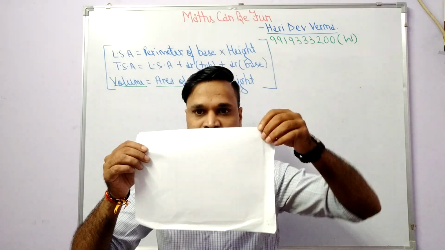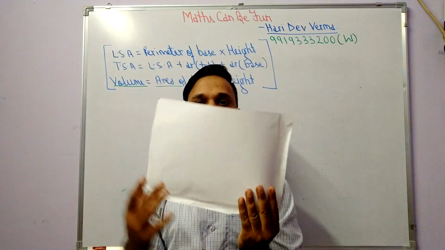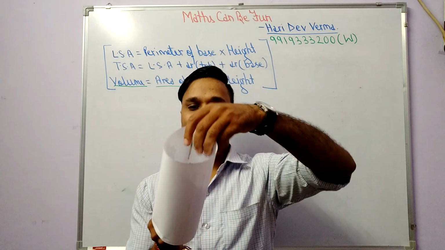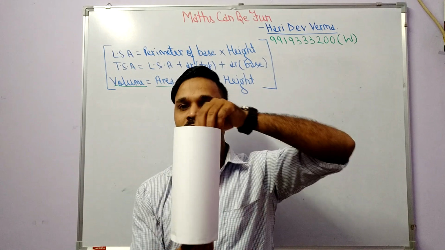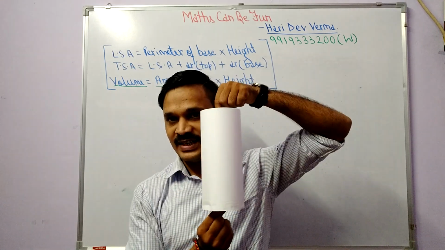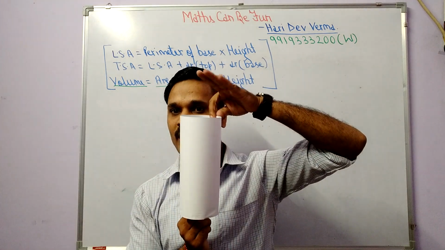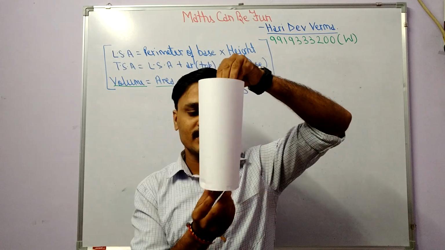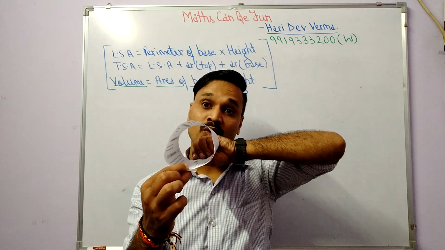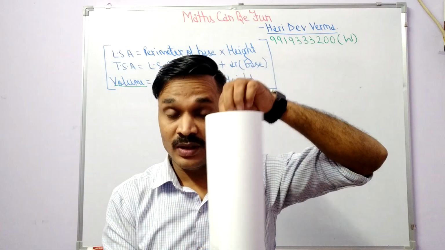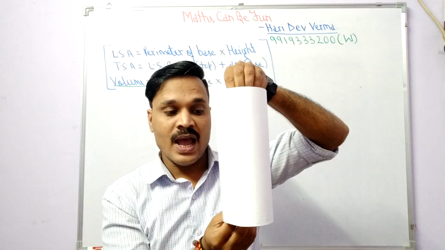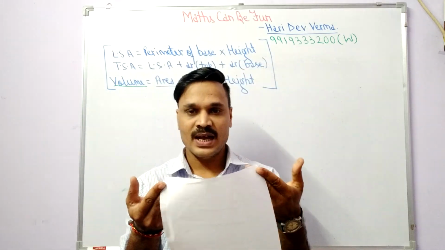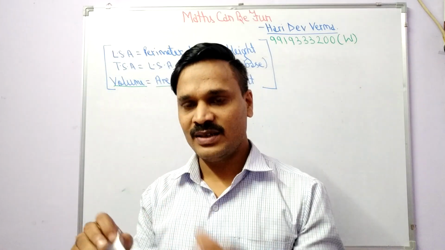So this is the rectangle, length and breadth. When we fold it in this way, what have we formed? A cylinder. Its top, I'm talking about the top, is circular, and its base is also circular. One more thing: top and base must be the same. I hope I'm able to clear the basics of this.